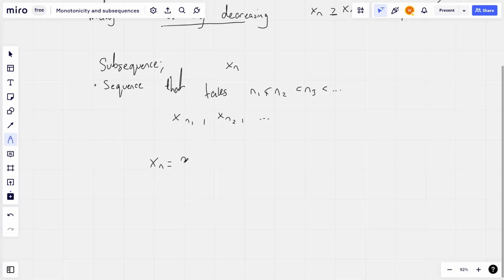xn equals 2 to the n, for example. Now if we have x2n, this is equal to 4 to the n. This is clearly a subsequence because this sequence goes 2, 4, 8, 16, 32, 64, and so on, whereas this one goes 4, 16, 64, and so on. We see that every term from this sequence is also in the sequence above, and we take every